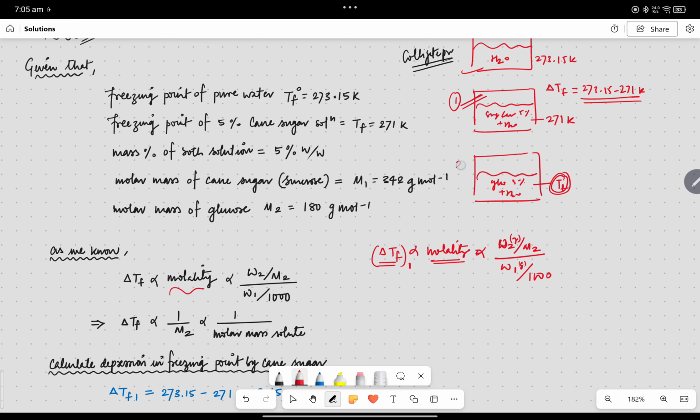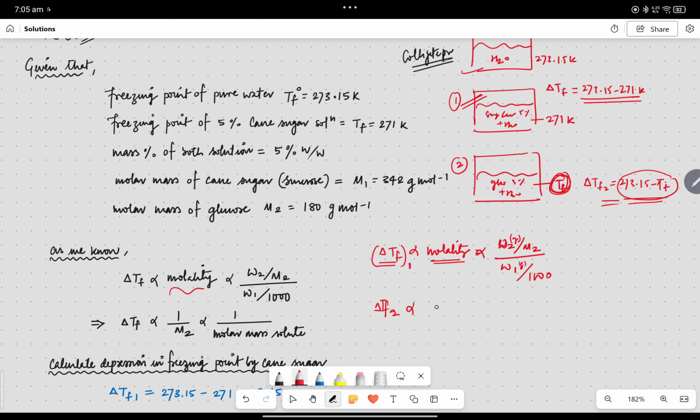Also for solution 2 there is a depression, and let's assume the freezing point for this is Tf. So the depression is going to be 273.15 minus Tf, right? Simple. So now this delta Tf